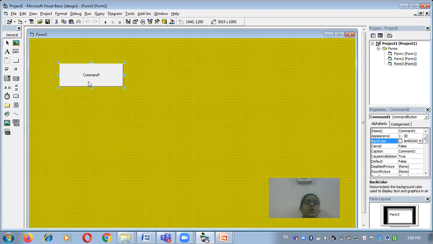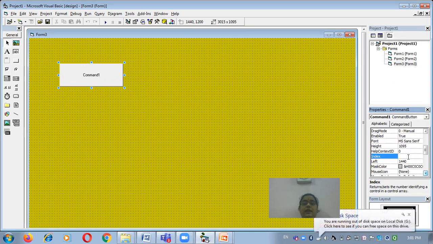You can take the control from the toolbox either by double clicking on the specific control, or you can drag the control and drop it on the form. Here command1 is taken, and see the index property of the command button. Initially the index property of command1 is blank.